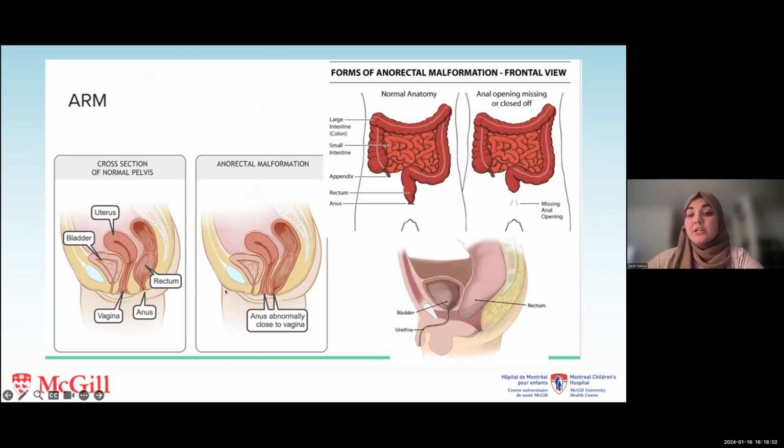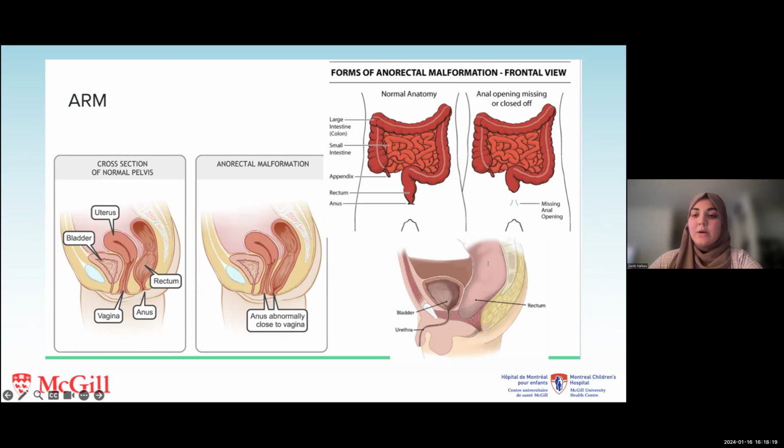Anorectal malformations are congenital defects affecting the development of the anus and rectum in newborns, occurring in about 1 in 4,000 births, and they can range from mild to complex, involving issues like a narrow anal passage, a membrane over the anal opening, imperforate anus, or abnormal connections, fistulas, to other structures.